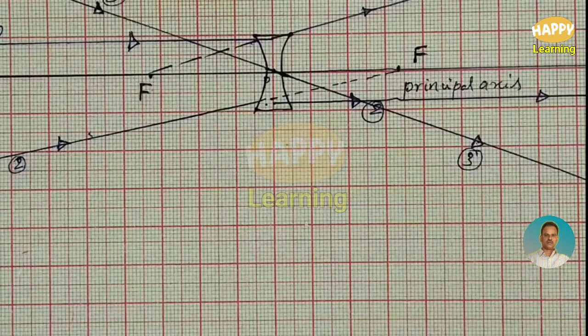For concave lens, we have a fixed ray diagram. One ray diagram is enough for concave lens. If you take object at infinity distance, or beyond C, or at C, or between F and C, wherever you take the object, you will get the image as erect, virtual, and diminished. Let us draw one diagram, and that is suitable for all the cases.